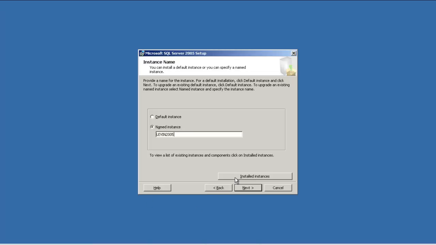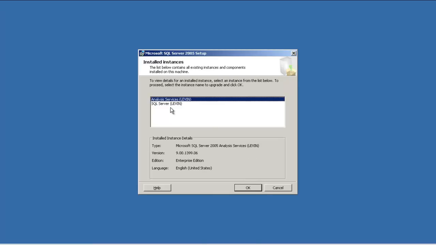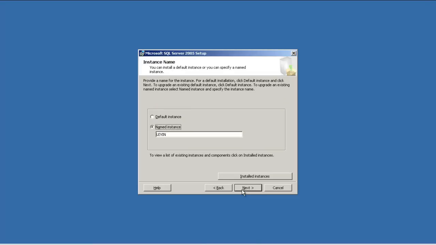Click on the installed instance, and I can see there is already an existing Analysis Services instance, 11, and it is the Enterprise edition. I don't want to use 11 this time, because it will overwrite it.